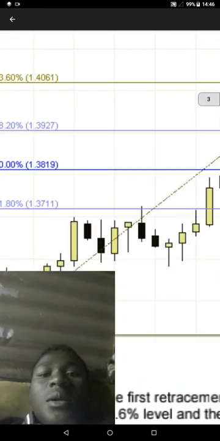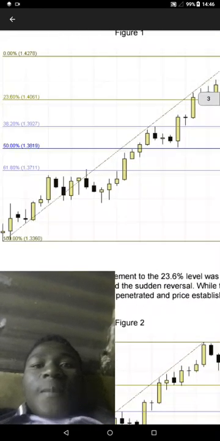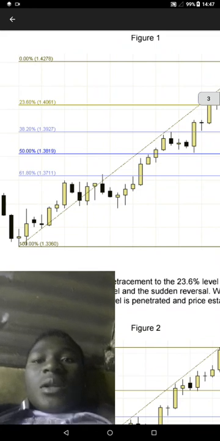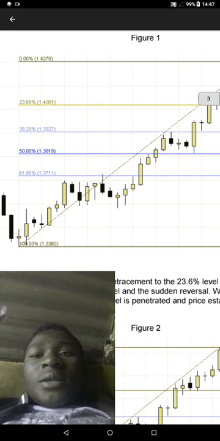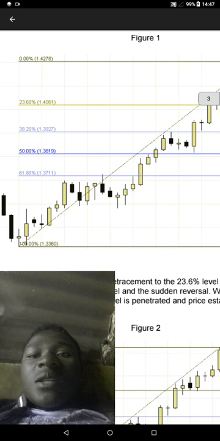Figure 1 here is an example, guys. As you can see here, 23.6% is 1.4061. Then here, number two, we have 38.2%, which is 1.3900-ish. Sorry guys for that. 1.3800, sorry guys, which is